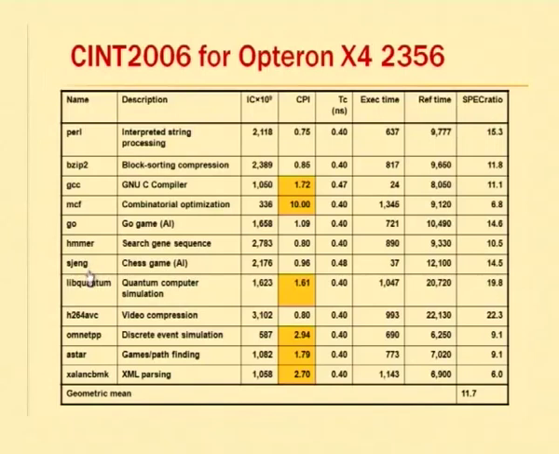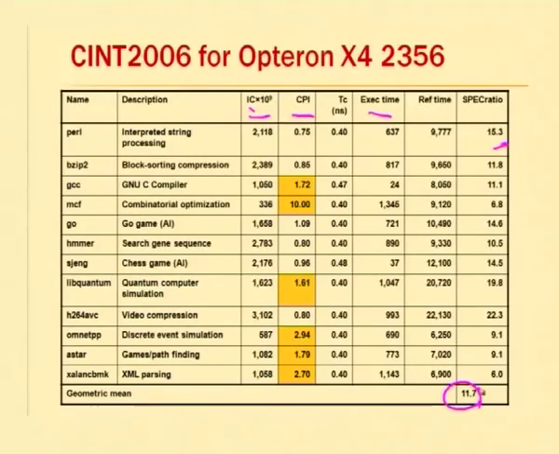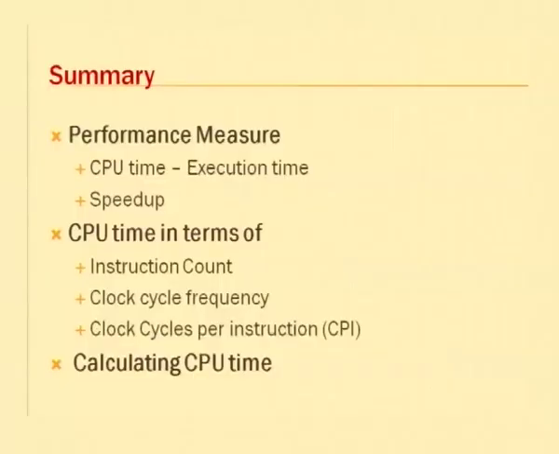You will have different programs for which the instruction count, the CPI, the execution time and so on will be calculated. Then you find the SPEC ratio, how fast each program is with respect to a previous standard version, and the geometric mean of all these is taken as one SPEC value, using which you can compare the performance of different machines. Like this we calculate for one machine, similarly for another machine, and then you compare the SPEC ratios, which tells you how much faster one machine is than the other. This gives you an overview of what is important in terms of performance and how it is normally measured.